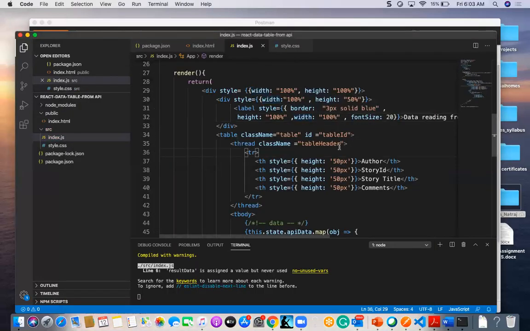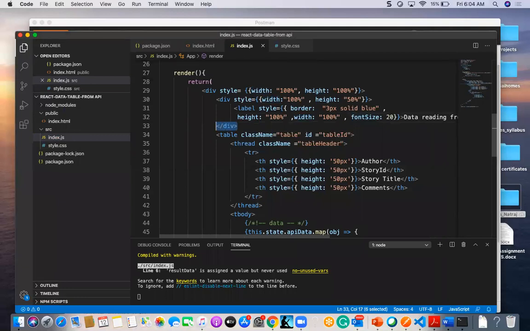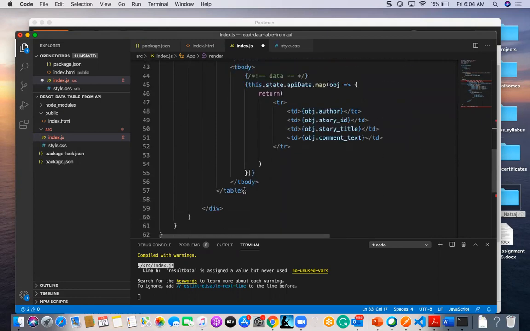And one more thing: this is the first div, but the ending of this div should be below this table. Below this table.